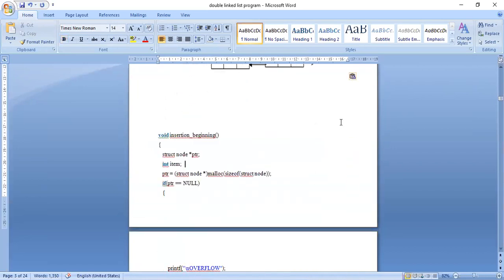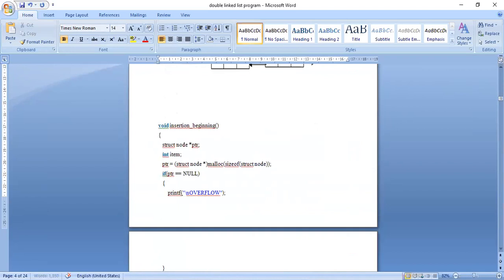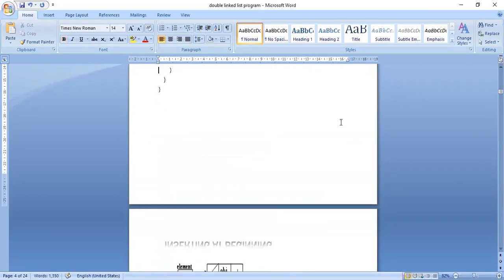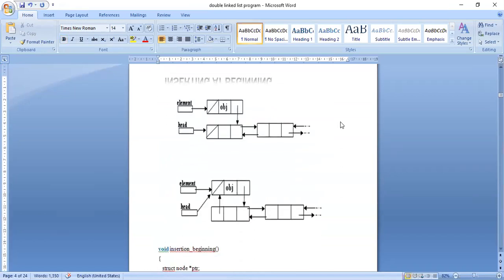So you can see, this is the list. First, this is the list. You can see here. Initially, this is the list.